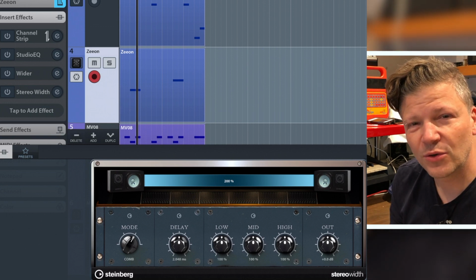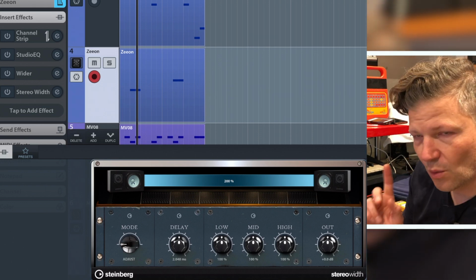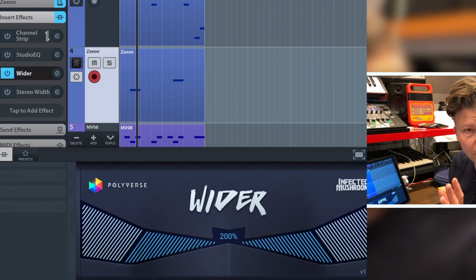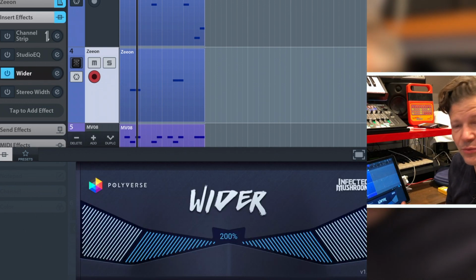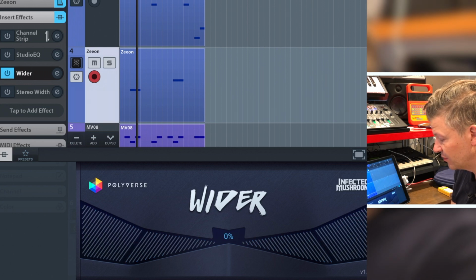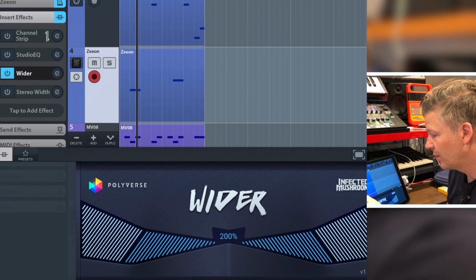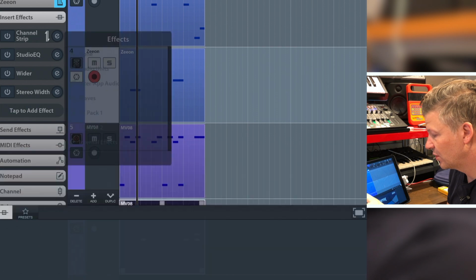I find the question interesting, to compare the two, because they both aim at the same thing, having a wider sound. Wider is very simple. You don't have any control outside of the amount: 200%, 100%, 0, whatever you want. So you're just controlling the width, and that's it. No other option. Whereas, I'm going to turn that off, whereas if you go in